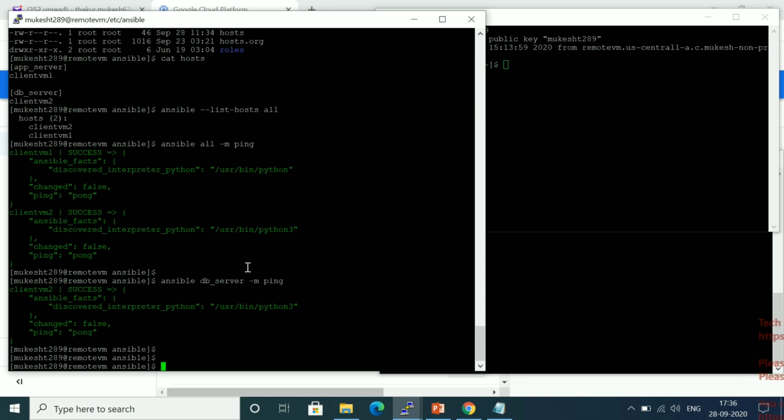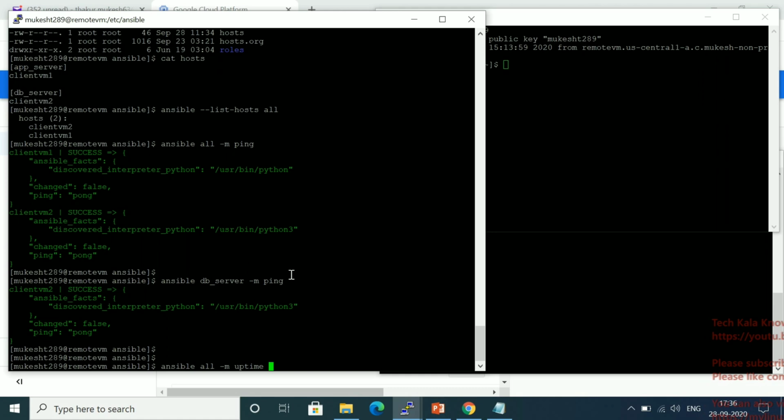In the same way, if I want to check uptime for both machines, all the clients, I run ansible all -m and then uptime. If I use this command, I will get an error, and I will tell you why.